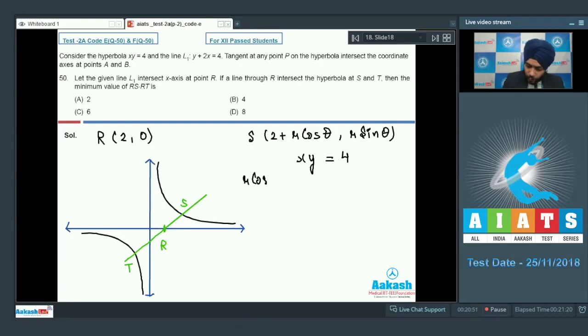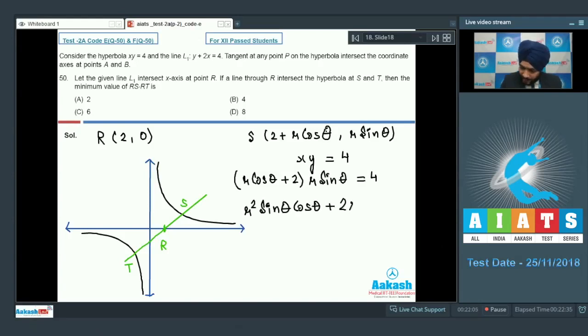So let us put the product equal to 4. (r cos theta plus 2) into (r sin theta) equals 4. That means r square sin theta cos theta plus 2r sin theta minus 4 equals 0. Okay students, this is a quadratic equation in r. Now I need the product RS into RT, which is r1 into r2. So r1 into r2 will be minus 4 upon sin theta cos theta,